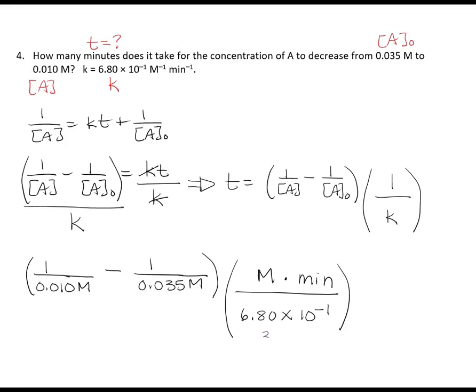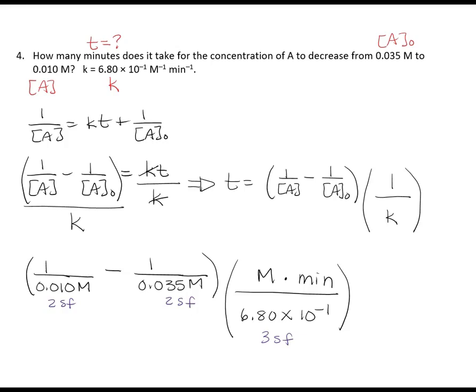The rate constant has 3 sig figs. Let's start there because that's easy. The subtraction that we have over here, each value has 2 sig figs. So after we take the inverse, after we divide 1 by the 0.010 and 1 divided by 0.035, each of those results will need 2 sig figs, and then we'll see what that looks like so we know how to apply that to the decimal places. So let's just do this individually so we don't make a mistake.